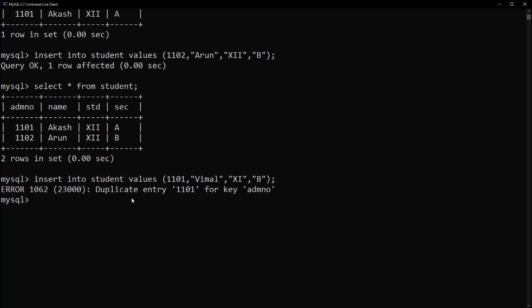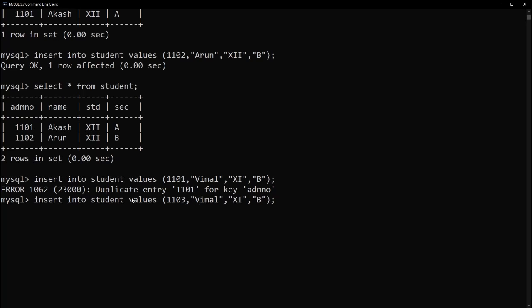Let us assume, children, that I don't want to enter values into all the columns. I want to enter values only into a few columns. I have a new admission student who's in 11th standard, but I have not yet decided what section. So I'm going to give an insert command. I didn't type the entire thing again, I just pressed the up arrow key.